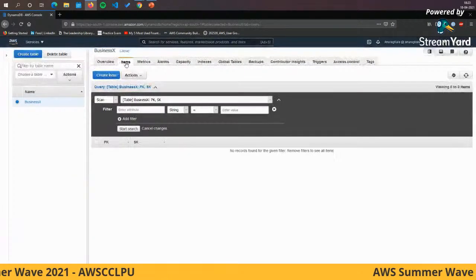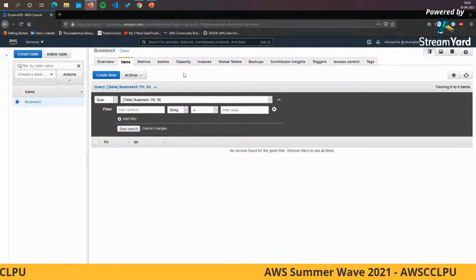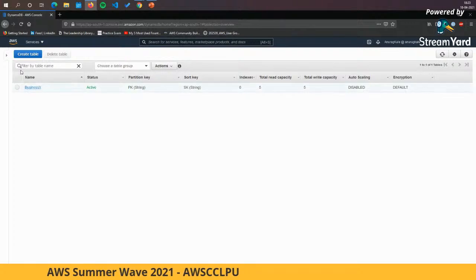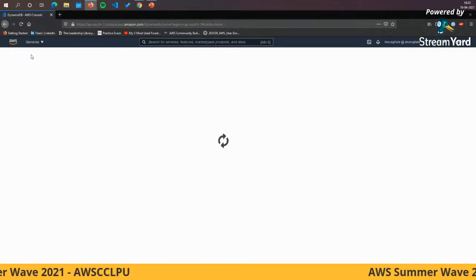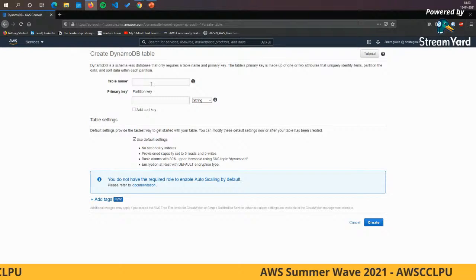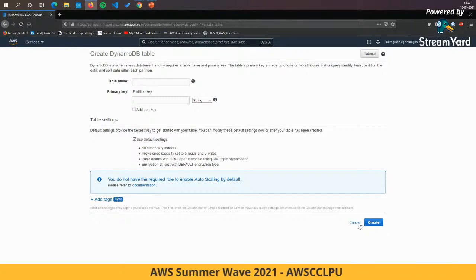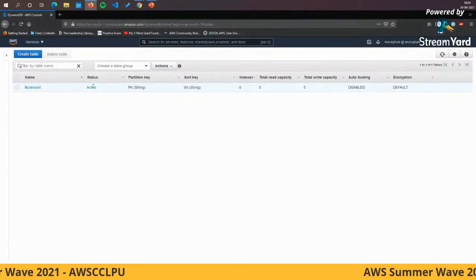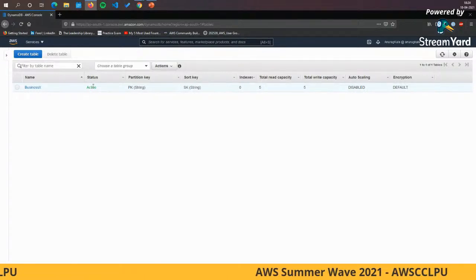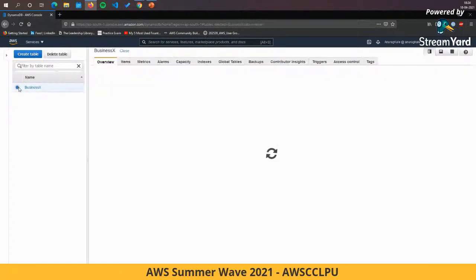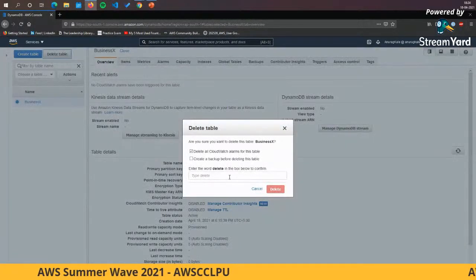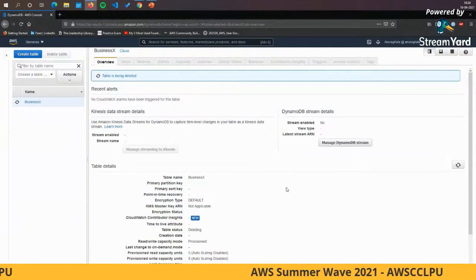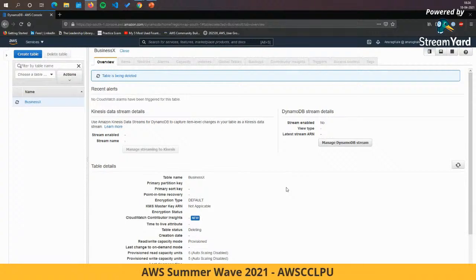So this is a very brief way of using DynamoDB. And here you see in DynamoDB, if I want, I can create another table. So you can have another table for another business, and so forth. Basically in DynamoDB, you can have multiple tables, and each table is equivalent to one application. So I'm going to delete this table because I do not need it anymore. Our demo is complete, and click on delete. This was all about a brief introduction of DynamoDB.